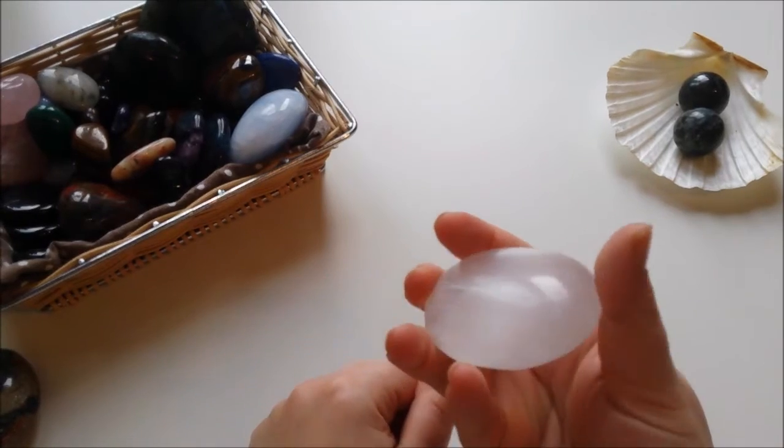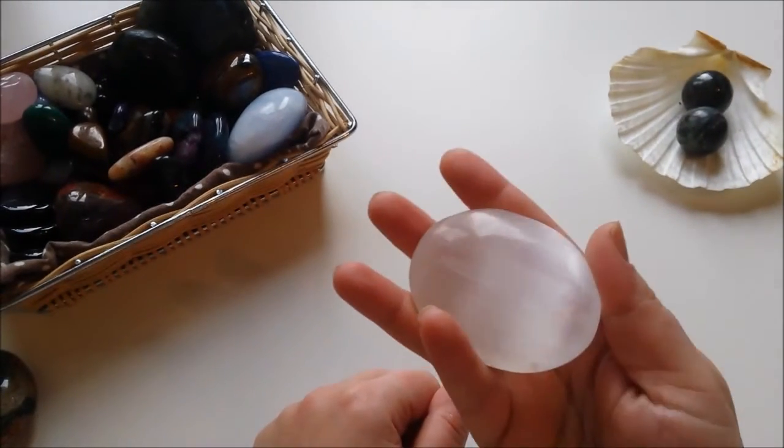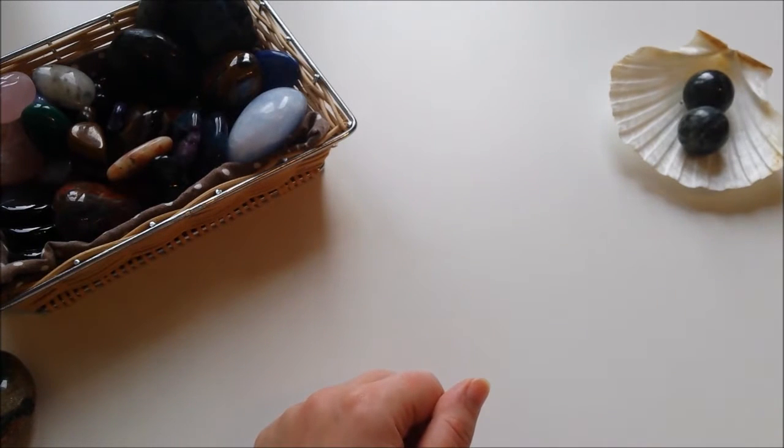It's just gorgeous. So gorgeous. Love this one. Although I have to say, the stone that